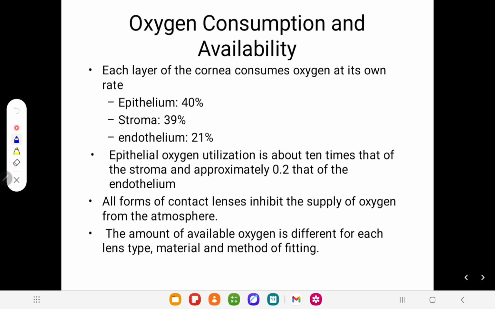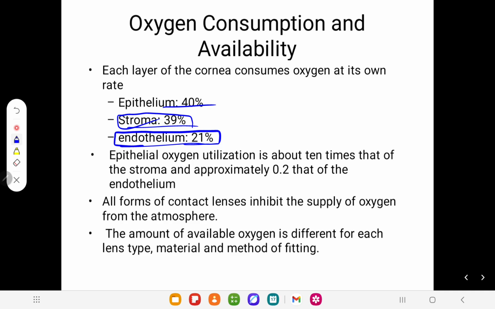So, oxygen consumption and availability. Each layer of the cornea consumes oxygen at its own rate. Epithelium roughly 20-40% of the oxygen, stroma roughly 39%, endothelium 21%. Just remember, epithelium is approximately 5 to 6 layers. Stroma is the thickest, even 90% of the cornea, and only takes 39%. Only one layer, endothelium,